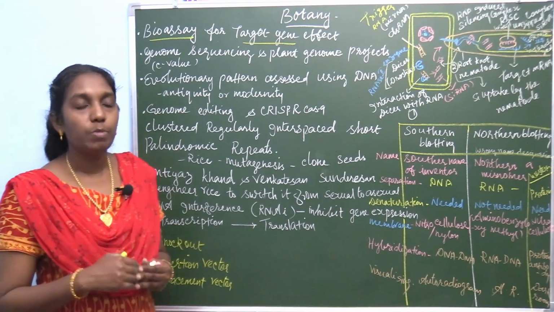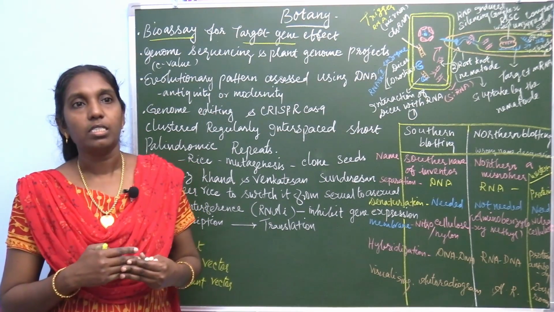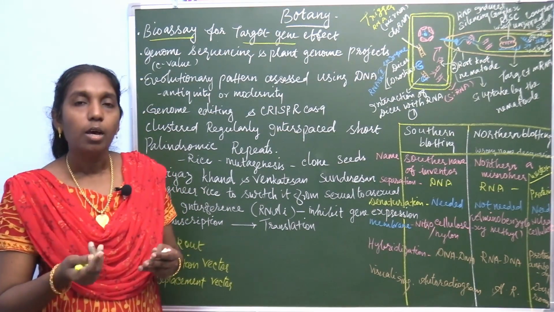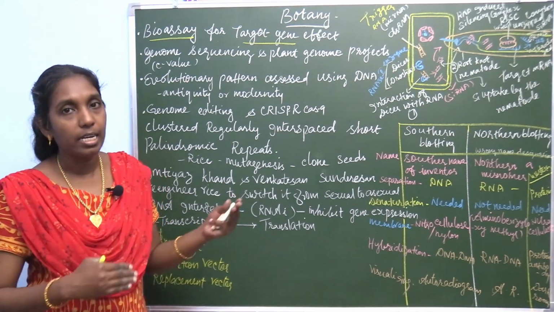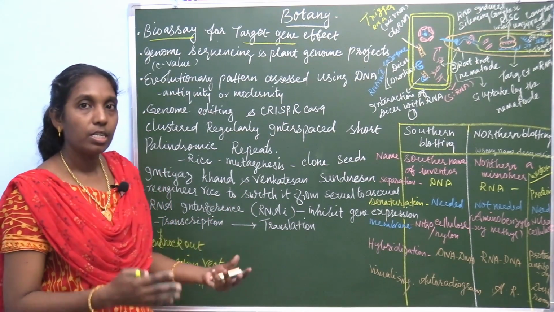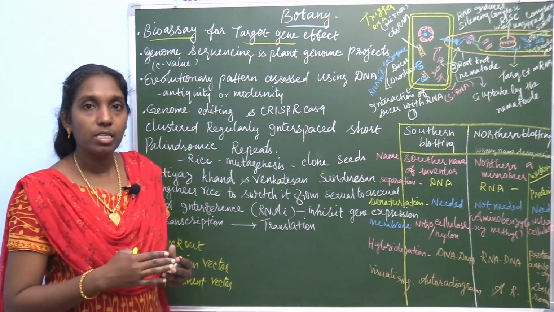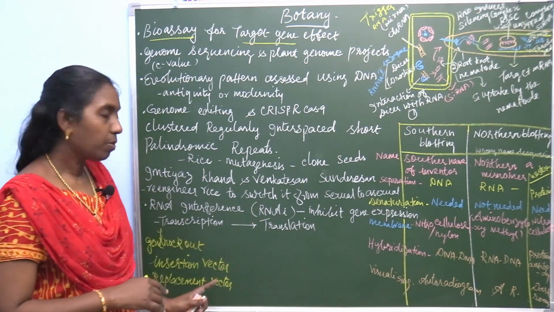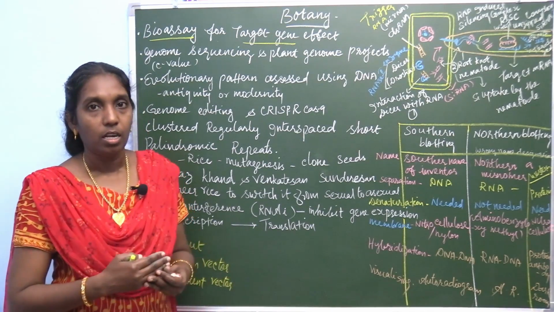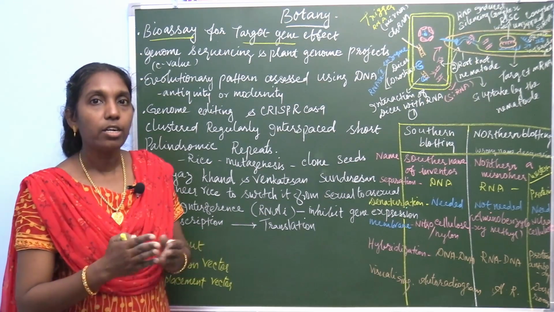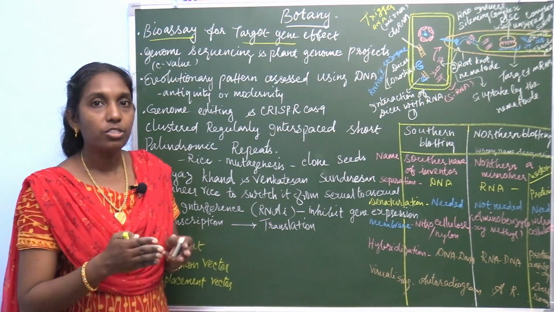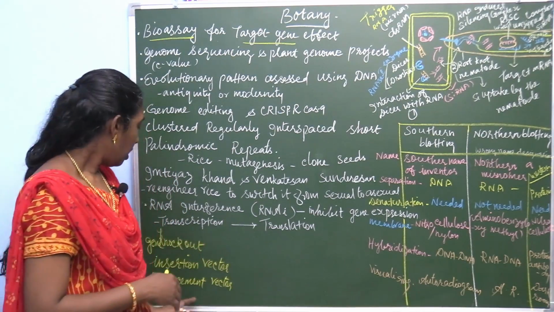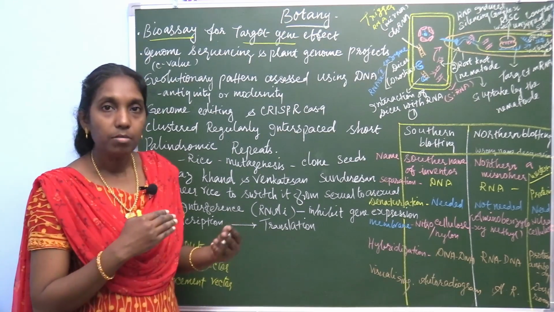While the replacement vectors have homology regions and are collinear. Before transfection, it can be linear. During transfection, this insertion vector at first is circular, during insertion it becomes linear. But this replacement vector before transfection, what's meant by transfection? Introduction into the nucleic acid, insertion of nucleic acid. So before transfection, this replacement vector is already linear.